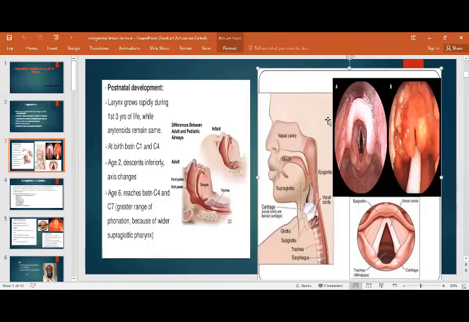The basic difference is, as we know, that in adults the larynx extends from the third cervical vertebra to the sixth cervical vertebra, and it is present in front of the hypopharynx. So is the case in newborn children also. The larynx is in front of the hypopharynx, but it is short. It extends from the first cervical vertebra to the fourth vertebra. And what is the importance of this